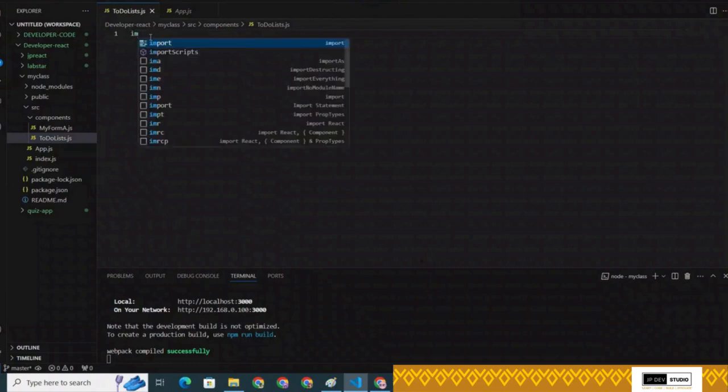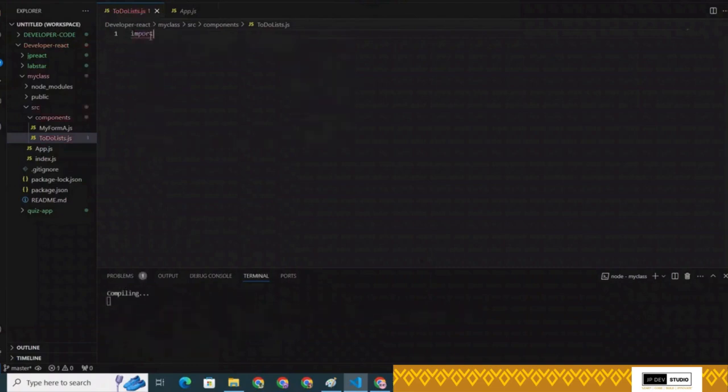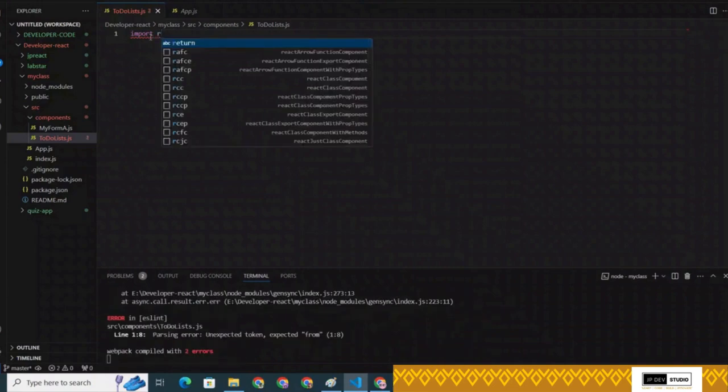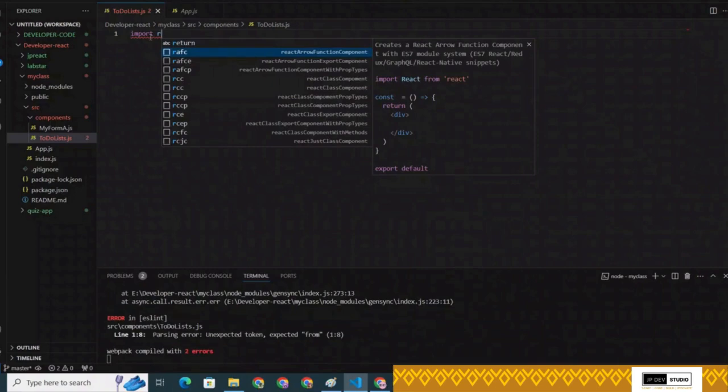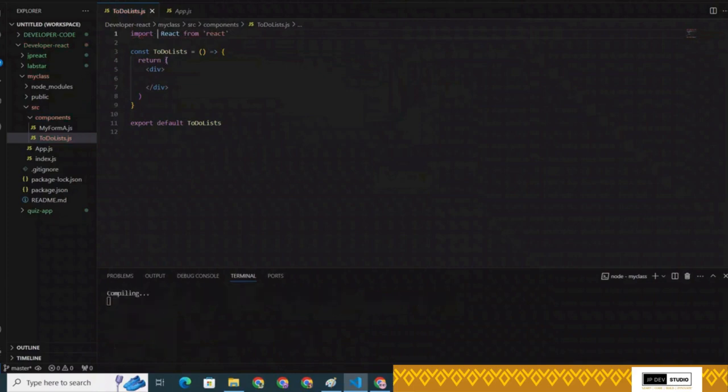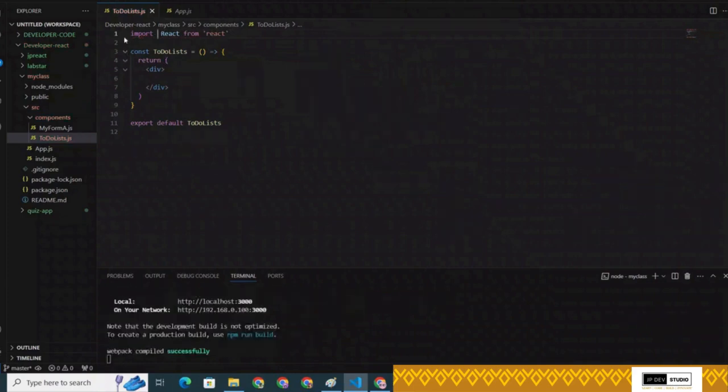What we do? Import. What we import here? Tell React to-do list. See, you can understand easily here. This is the shortcut for this to-do list. Now